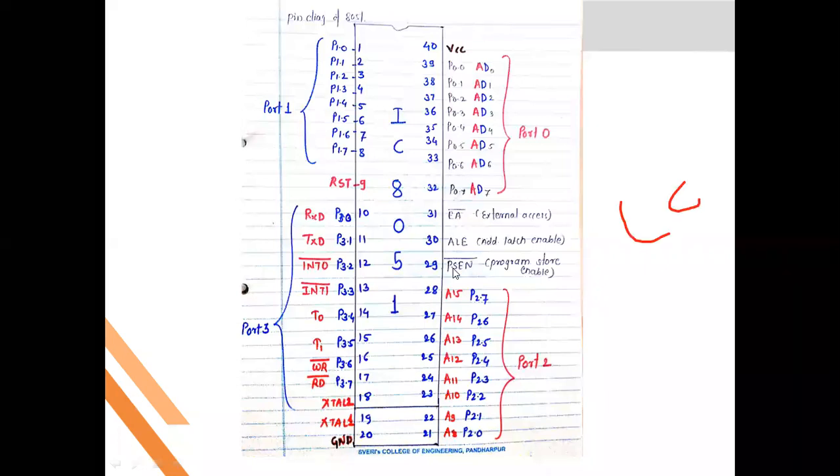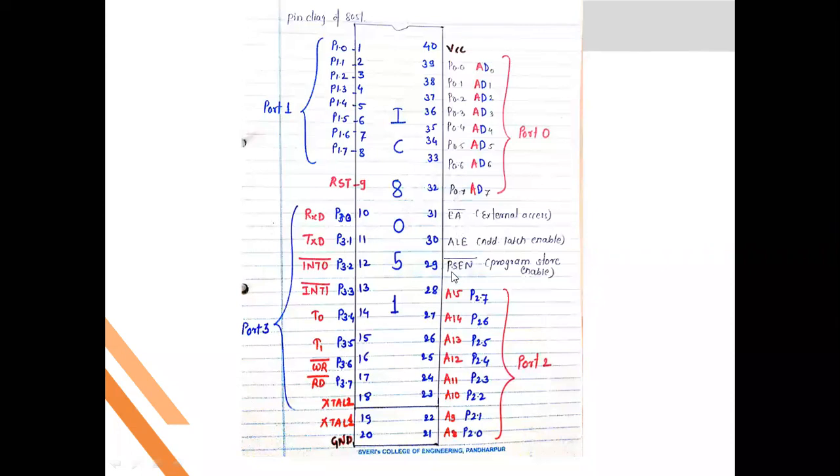What is meant by active low? Whenever there is a bar, it is called active low. Active low means when we apply low voltage, then it activates. Now what is the use of these two pins? When the microprocessor is going to use the data from external memory, in that case you have to activate